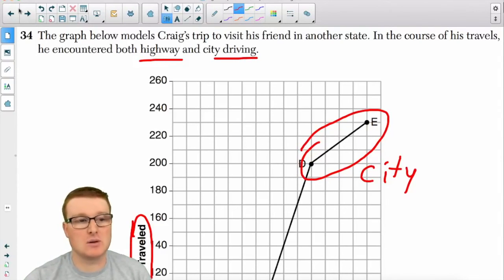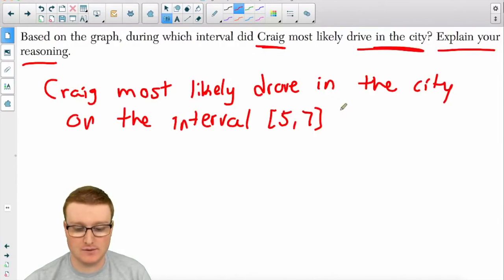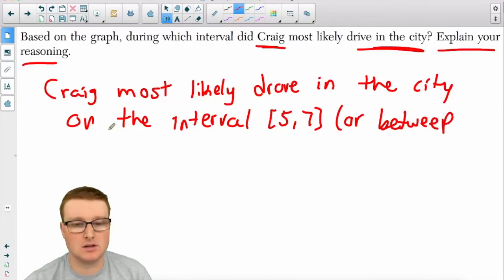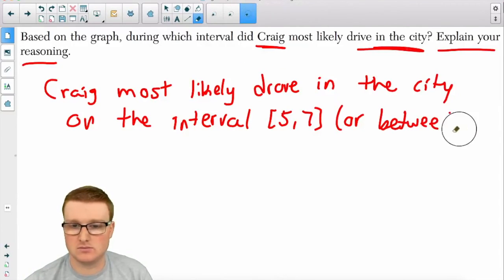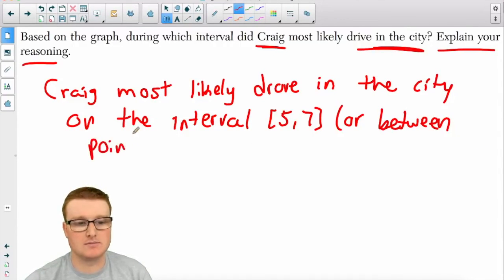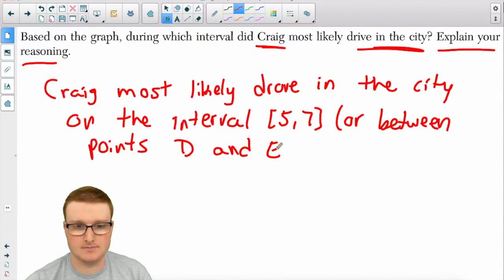Okay, we do have closed dots, so I'm going to put closed brackets. So on the interval from 5 to 7, or you could say or between points D and E,